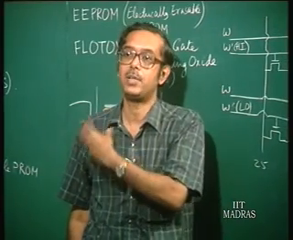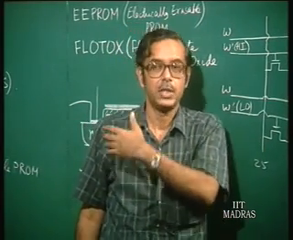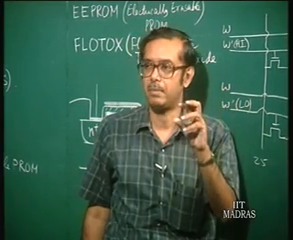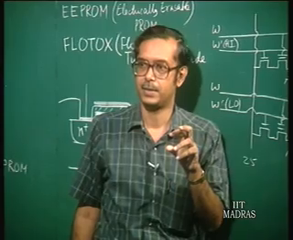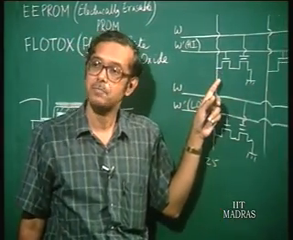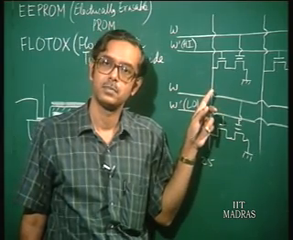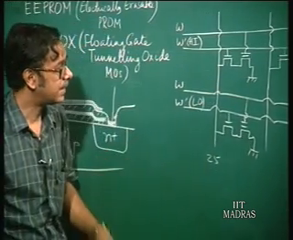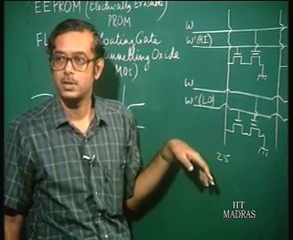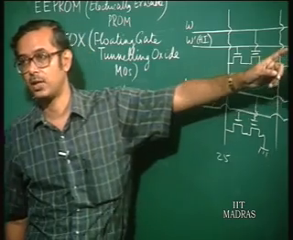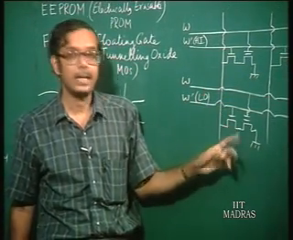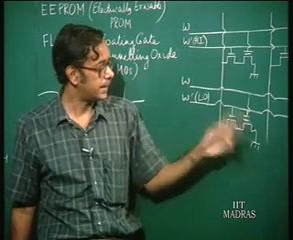Unlike the previous case, the UV erasable programmable ROM, where you have to erase the entire memory at a time, you cannot erase bit by bit; it is not bit erasable. Whereas this one is bit erasable. That is, you can erase one bit at a time. All right, so that is the advantage of this. Similarly, when you want to program it, you have to put 25 volts on the control gate, and only one of the cells is selected again,